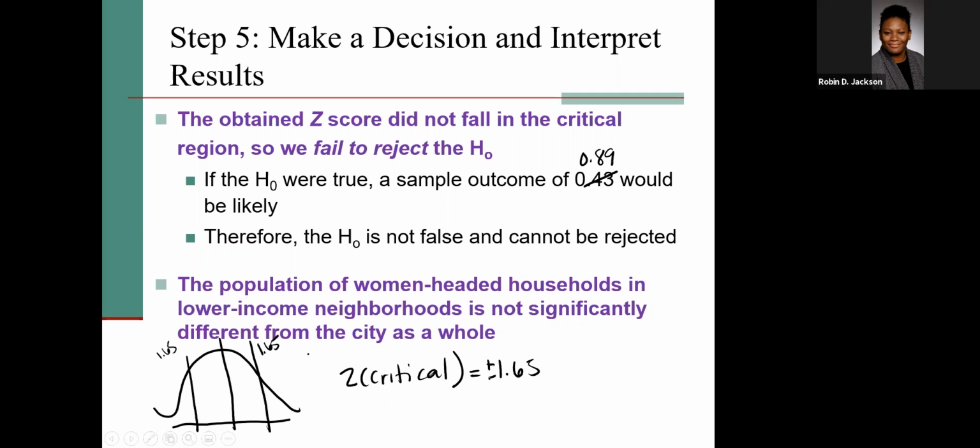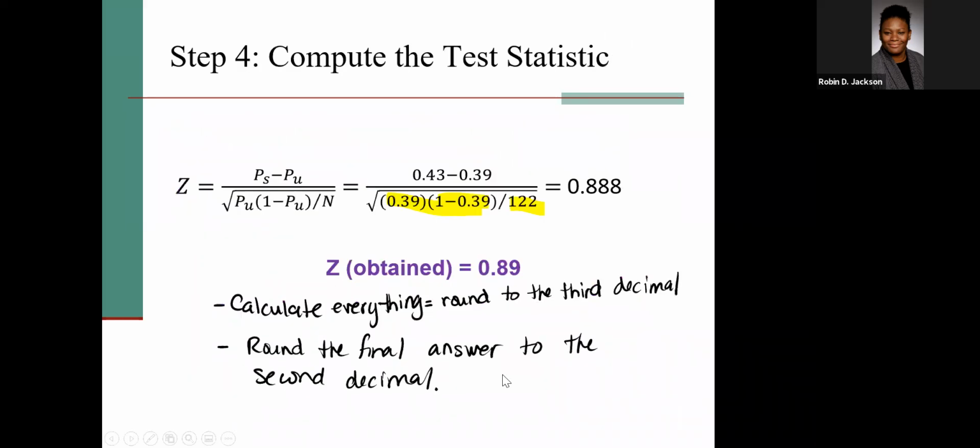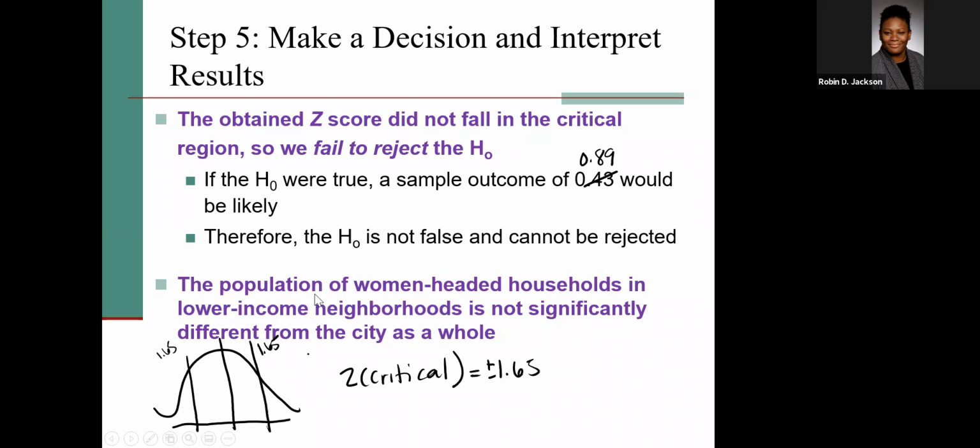That number is positive. Okay, so our Z obtained would be somewhere right in here, right? So that's going to be that 0. Let me write it up here. I can't write it down there. Okay, so